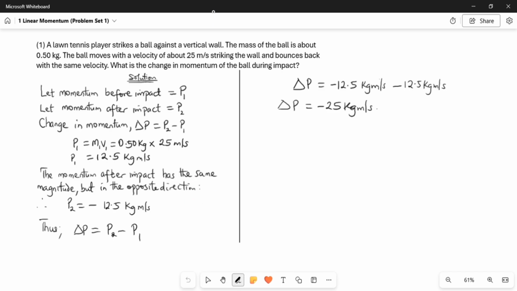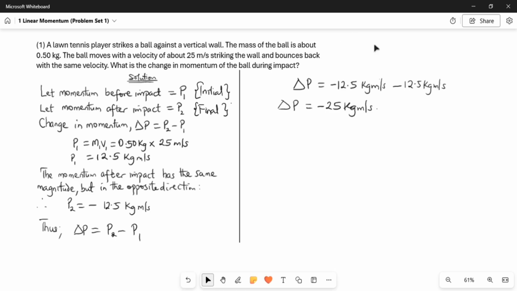The momentum before impact is P1, which is our initial momentum, while the momentum after impact, let's take it as P2, that is our final momentum. So the change in momentum will be final momentum, which is P2, minus initial momentum, which is P1. And so we have